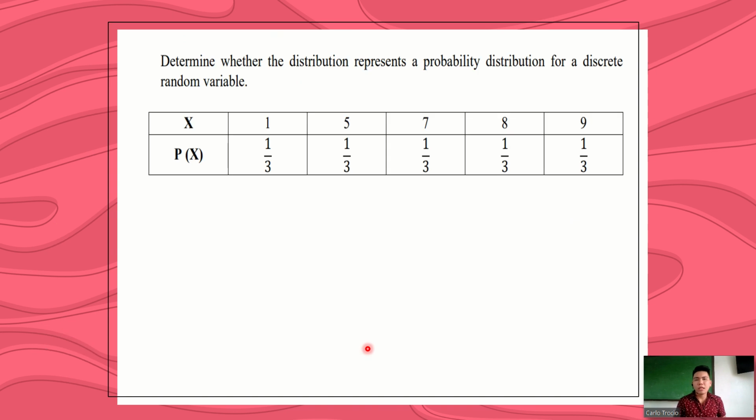Okay, in the test or in the exams, you might be asked if this probability mass function that we have here in a tabular form is a discrete random variable or not. It is very easy for us to determine. We are just going to add all the probabilities, 1 over 3, 1 over 3, and so on. If it is equal to 1, then it is a discrete random variable, but if it is not,